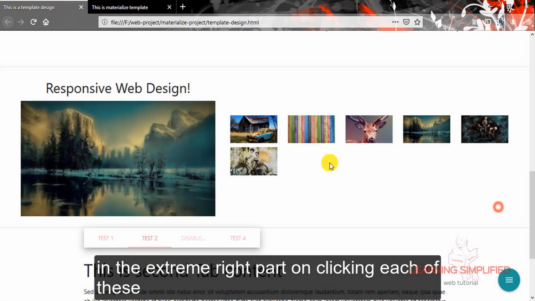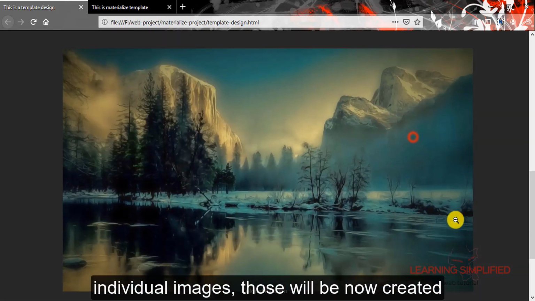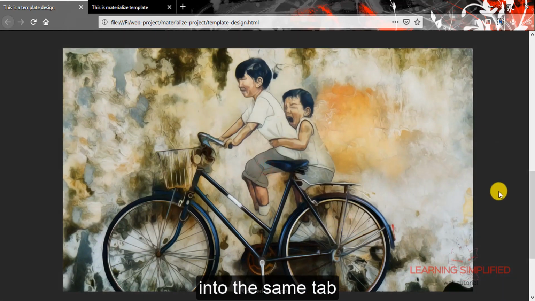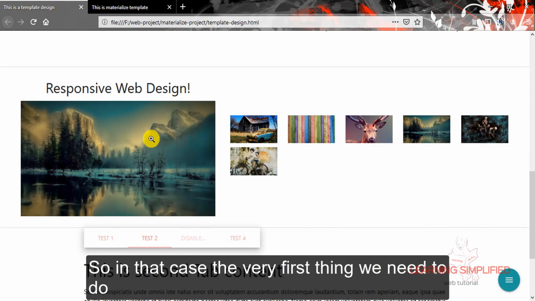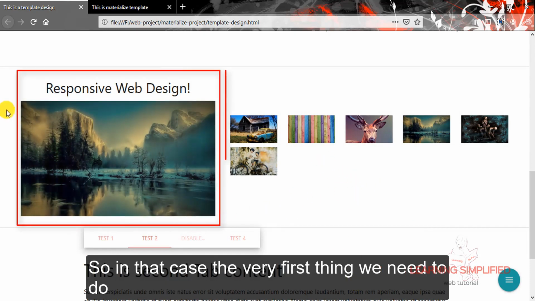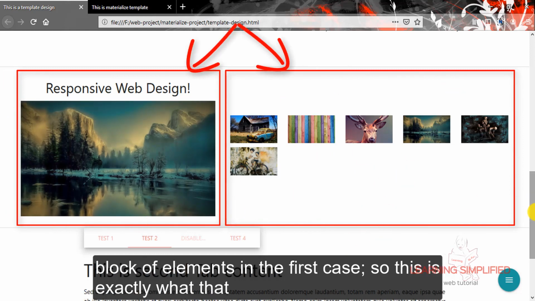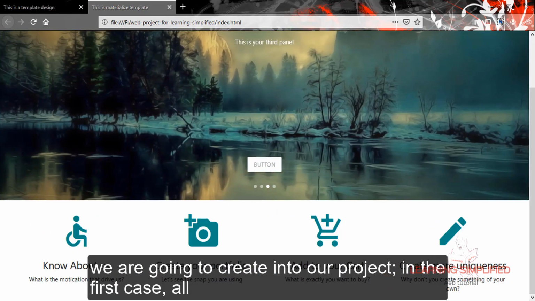On clicking each of these individual images, those will be opened in the same tab with the particular lightbox effect that we were talking about. So the very first thing that we have to do is create these two provisions here. There will be two blocks of elements in the first case. This is exactly what we are going to create in our project.